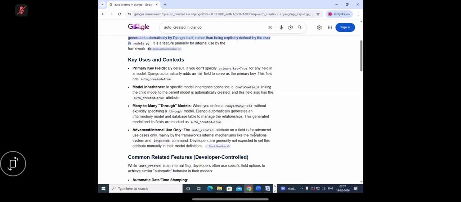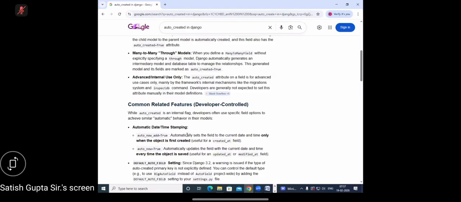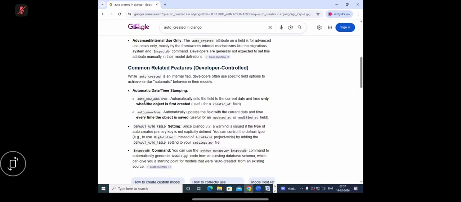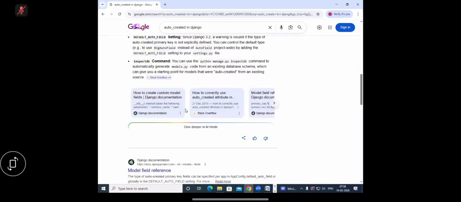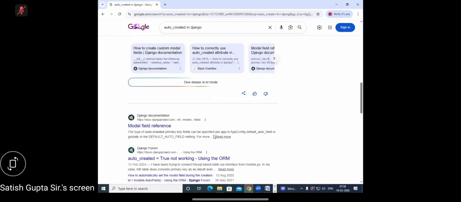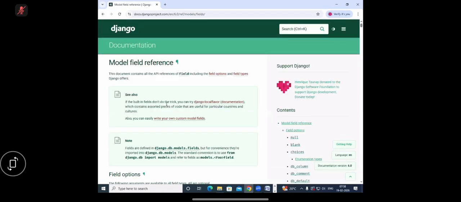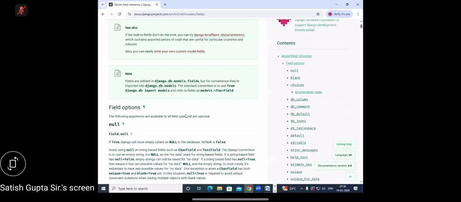There is also auto now add, auto now equal to true, which is for a date and time. But here auto created will try to generate the values automatically. You should have only one auto field. There is a field options, and in this field options you have a